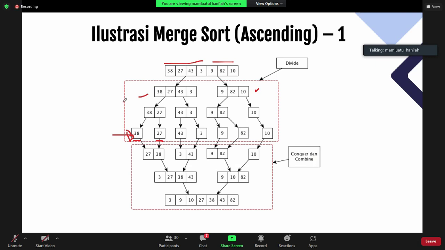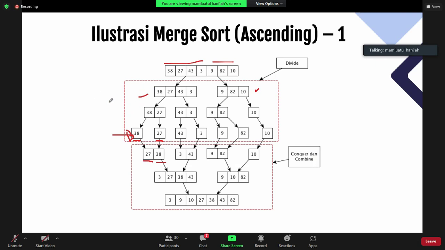First you compare 38 with 27, and if 38 is greater than 27, you put 27 first, followed by 38, and so on.